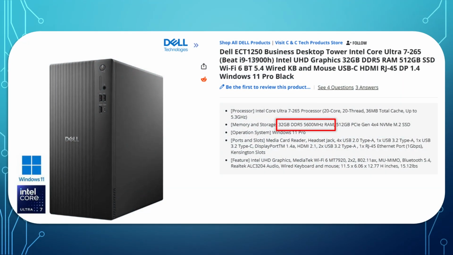If you're buying a computer, look out for something that says GB or DDR something or RAM. That's how much memory comes with your computer. Generally speaking, most home users don't do much on their computers. They watch YouTube videos, check email, and maybe do some light personal accounting. They don't need a lot of space, so a general rule of thumb is to look for a computer with at least 8 gigabytes of memory. Obviously, more is better, but there is a point of diminishing returns. 16 gigabytes is generally generous, and anything above that for casual everyday users is probably overkill.